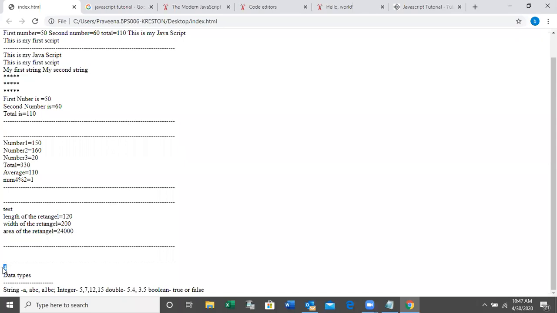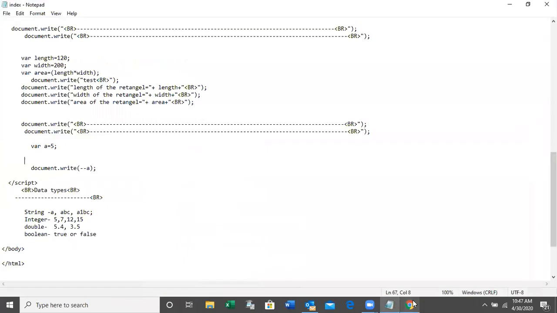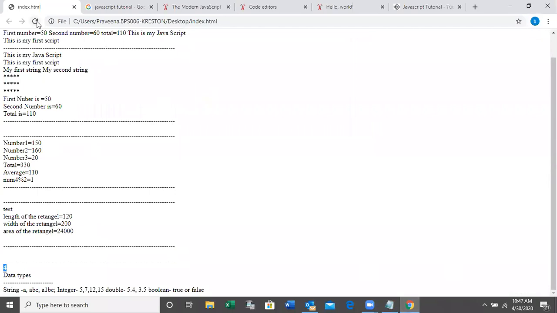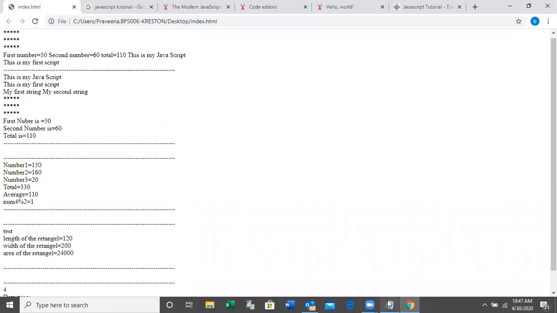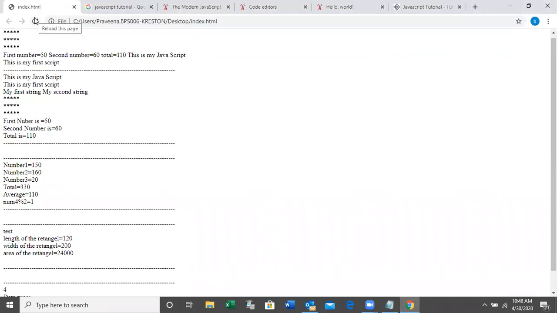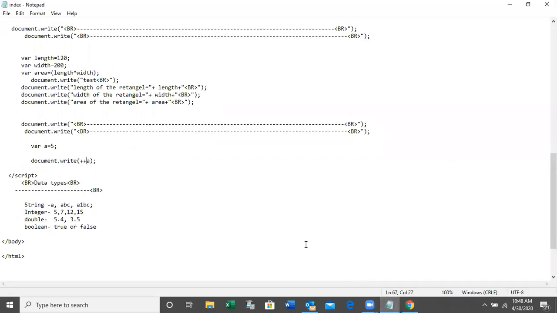See, the output is 4. Document.write a-- is a minus 1, so the output is 4. Then if you put ++ here, the output is 6. So can you understand the increment operator and the decrement operator?